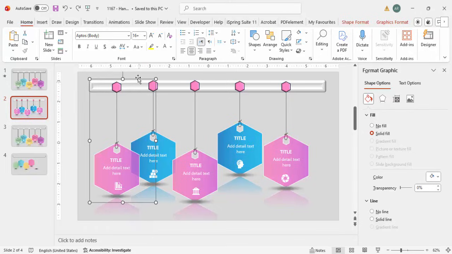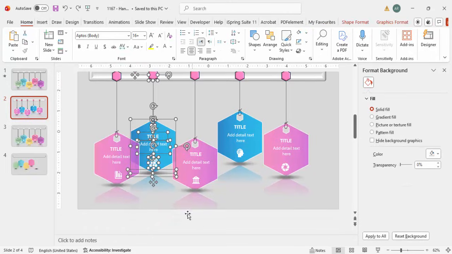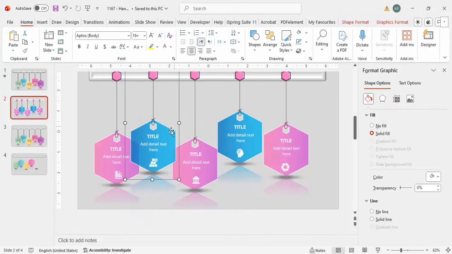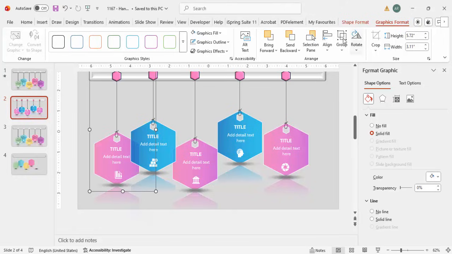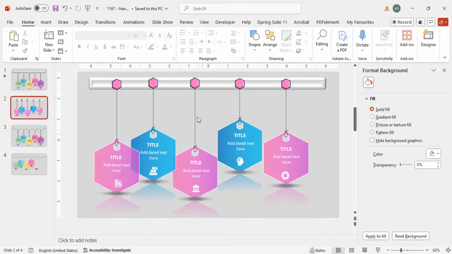Now the similar thing you have to just do with the second option. So let me just select the second option and press Ctrl G to group it, and this one should be in front. Okay, so you have to just bring to front, that you need to arrange it like this. And the same way you can just group this one, select and group like that,